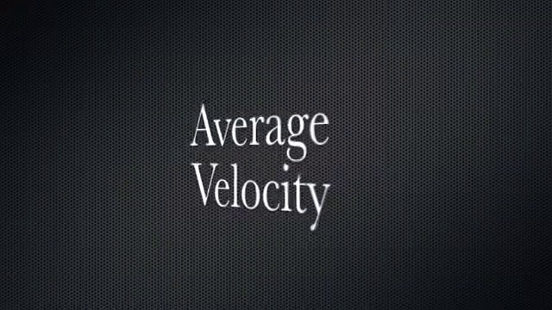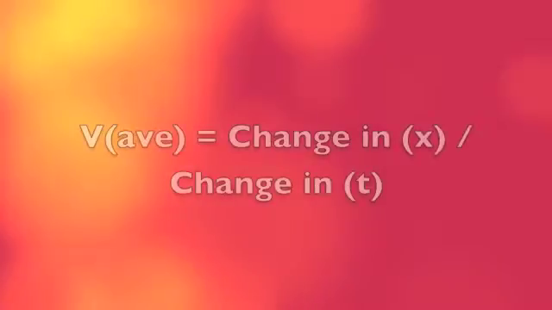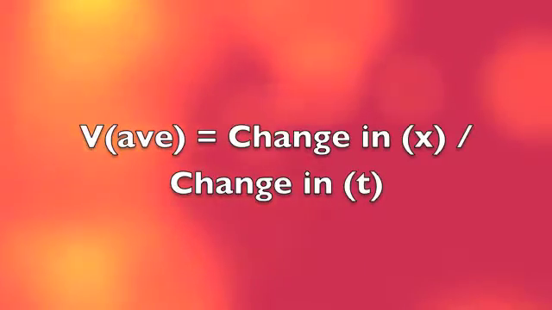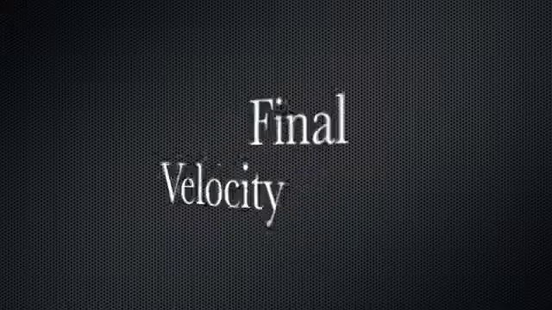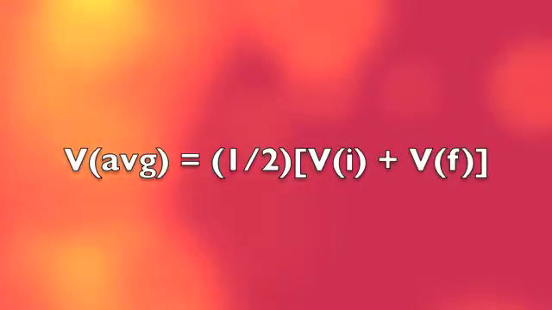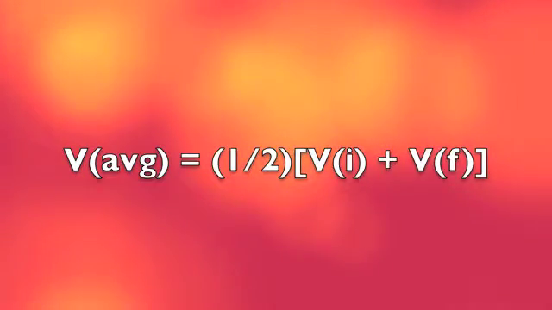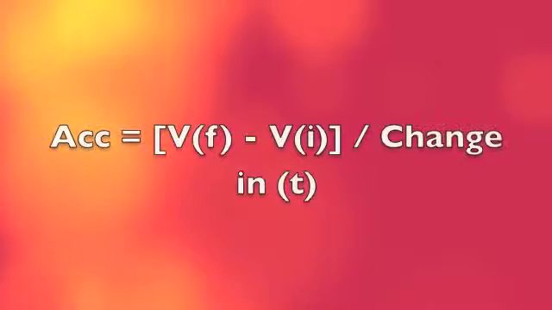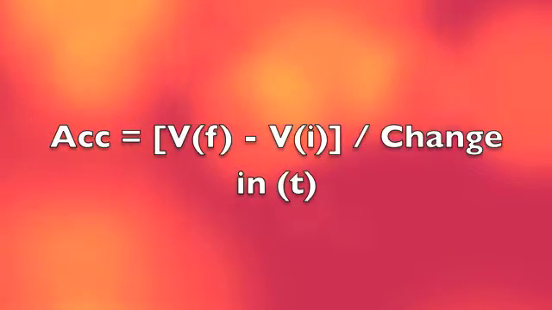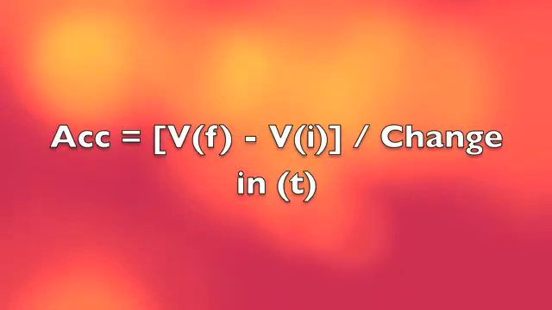To calculate the average velocity for the first 40 feet, we use the equation average velocity equals change in displacement over change in time. Then, we use the second equation to determine average velocity in order to determine the final velocity: average velocity equals 1/2 times the quantity of the initial velocity plus the final velocity. Finally, we use the equation for acceleration. Acceleration equals final velocity minus initial velocity, all divided by the change in time,